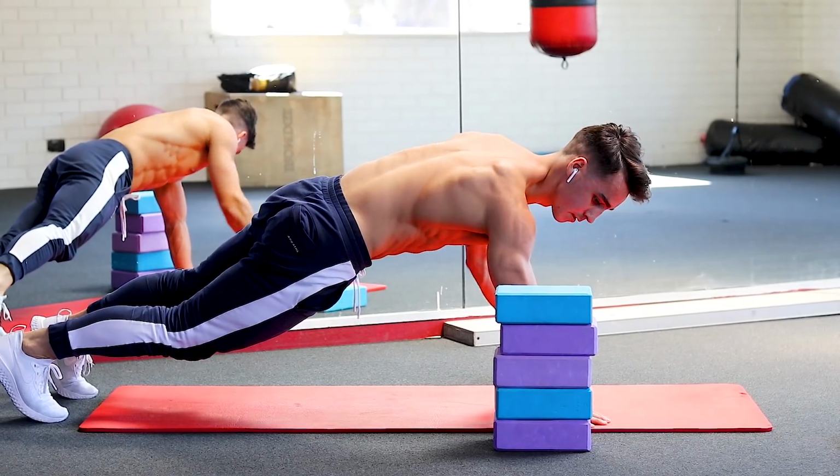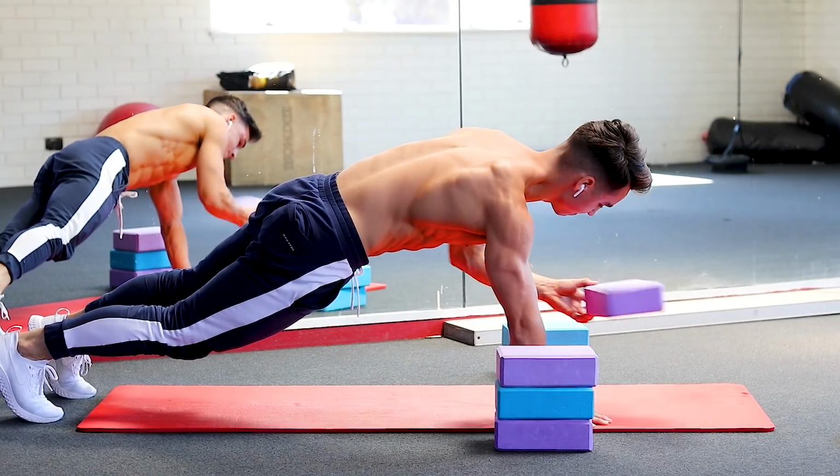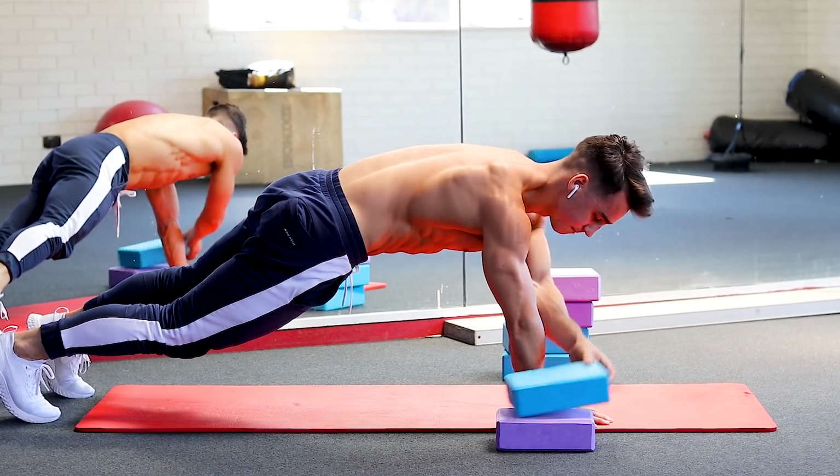The next exercise incorporates the same kind of concept of passing a couple of items to another side and then back. But for this, it's going to be in a push-up position, and you're going to be reaching over with your opposite hand and passing it to the same side. Now, the point of this is it's going to help to actually engage your static abilities in terms of holding yourself up on one side,